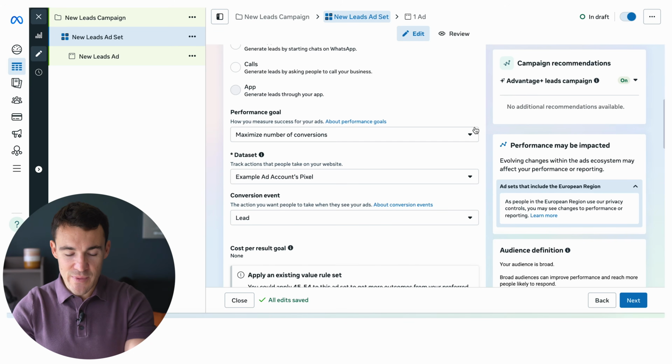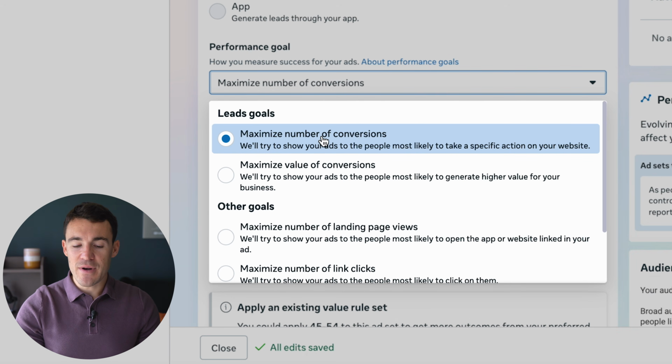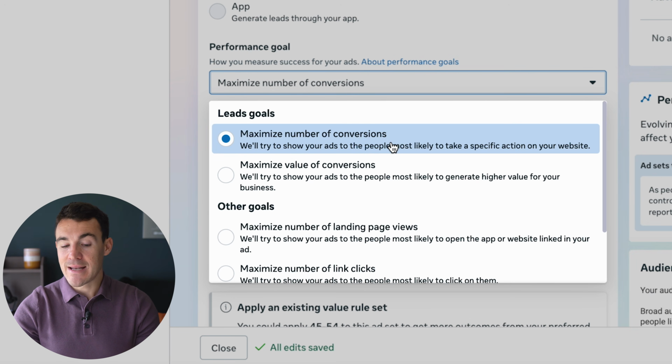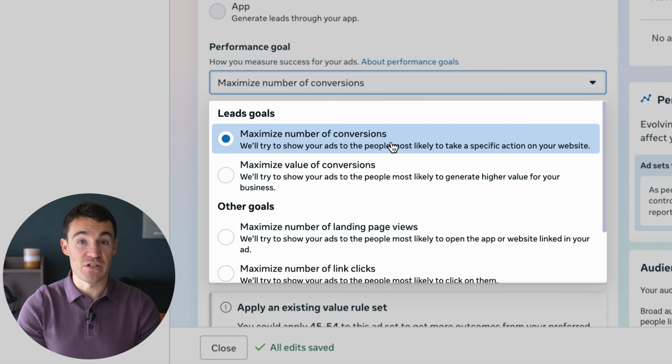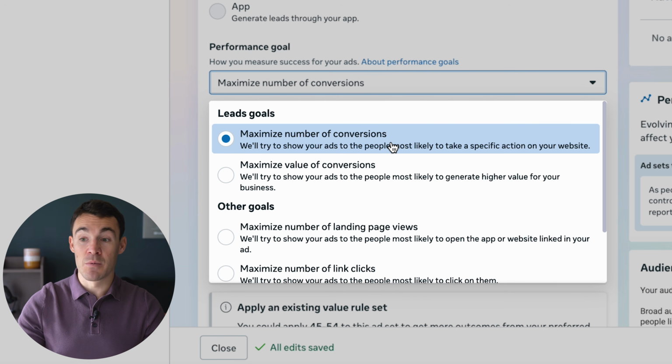The performance goal is how Meta is going to optimize your campaign. So let me click in here and we can take a look at the options, right? So the default is maximize number of conversions, but underneath leads goals, we also have maximize value of conversions. Now, maximize number of conversions is absolutely fine if you're advertising the one service, and when someone becomes a lead,